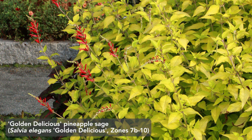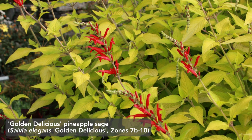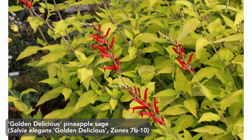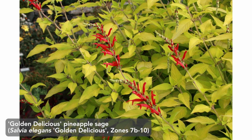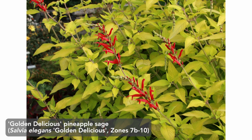It's lovely for its pineapple scent, but late in the season, usually around September, it rewards truly patient gardeners and takes the whole show over the top with scarlet tubular flowers that stand out against the still very yellow foliage. It's a really tough plant, and although it would prefer full sun and evenly moist soil, it can be pushed into even light shade and can handle poor